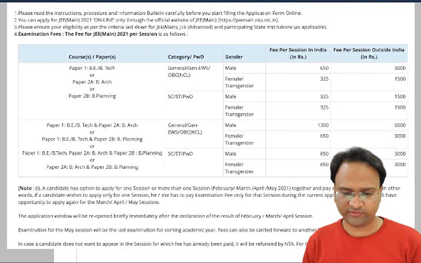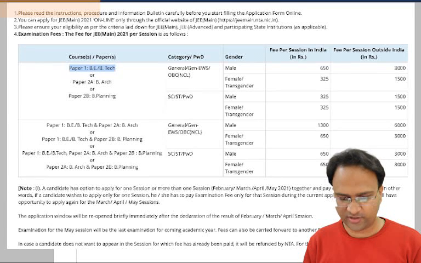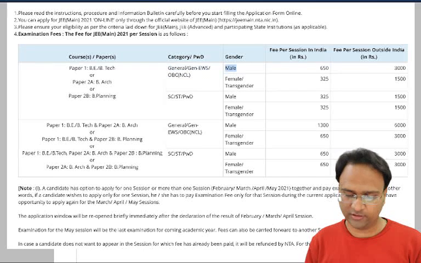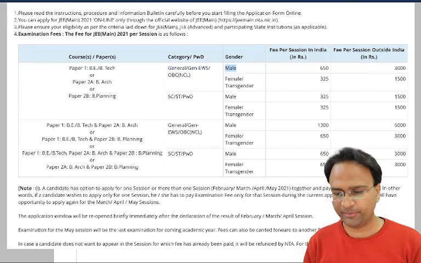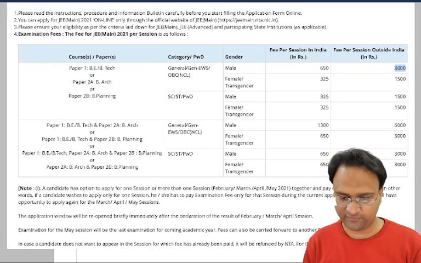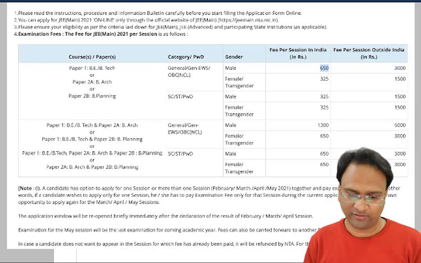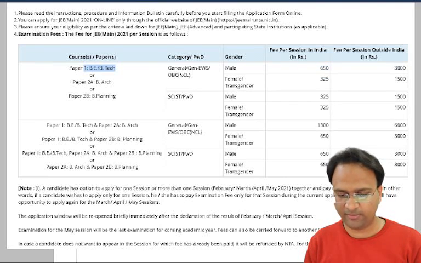For example, if you are just appearing for a B.Tech paper, okay, you being a general student, if you are a male, and if you are an NRI, or if you are writing a paper outside India, then you need to pay 3,000 rupees. Okay, if you are from India, you need to pay 650 rupees. At the same time, when you are writing only the B.Tech paper, which is paper 1, JEE Main paper 1, if you are a female candidate and if you are abroad, then you need to pay 1,500 rupees. Okay,